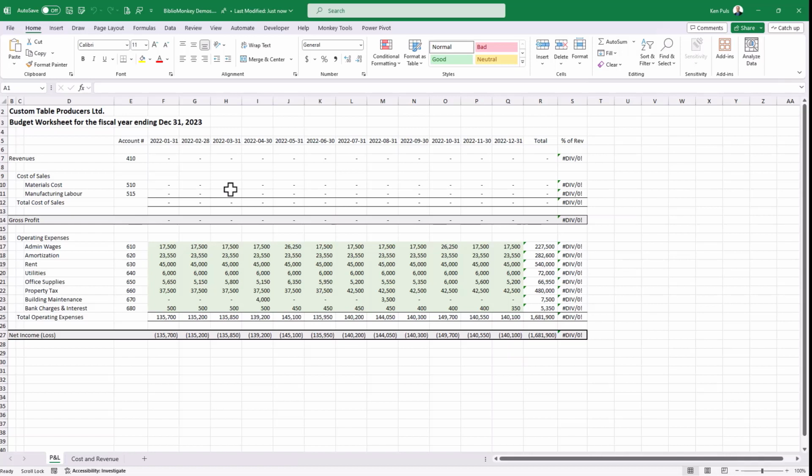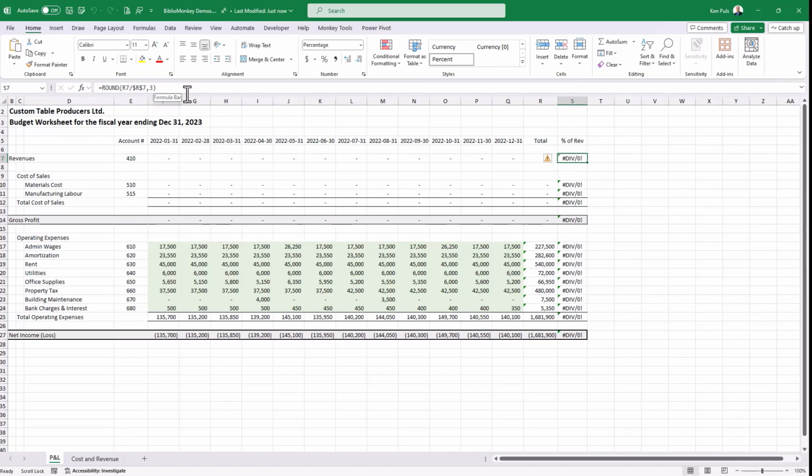All right, so for the demo here, what I'm going to do is walk through the process of using a BiblioMonkey setup, and then once we're done, I'll show you how we actually create the BiblioMonkey setup. We'll focus on the end first here. Now, what I'm showing you at this point is a nice little schedule for a P&L statement, and you can see that we've got some horrible div 0 errors here. Now, the root of this is that my revenue is 0, and our little formula here is dividing it by 0, which is causing the problem.